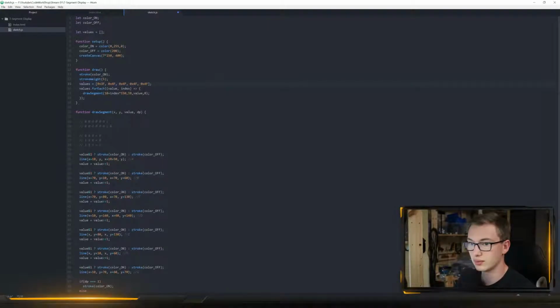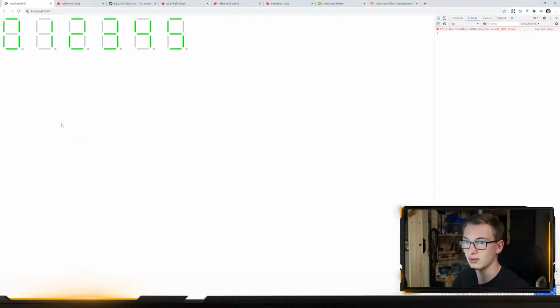Next one, 06. 5B. 4F, which I just removed, and 66 and 6D. Save this and reload, and now we got a 0, 1, 2, 3, 4, 5, which is pretty hard to read,